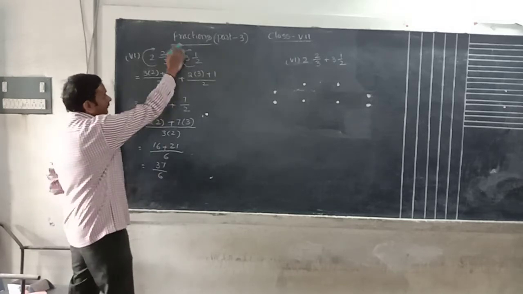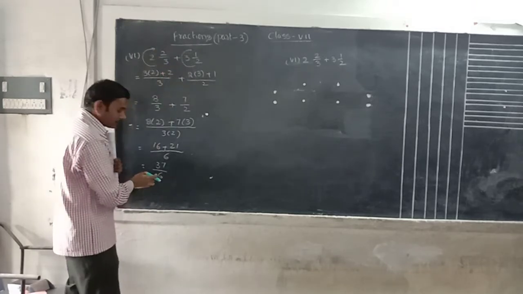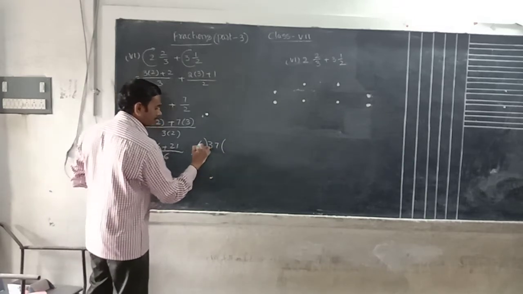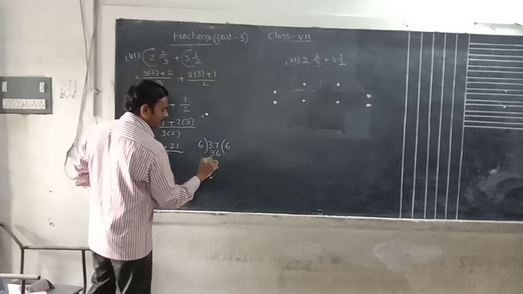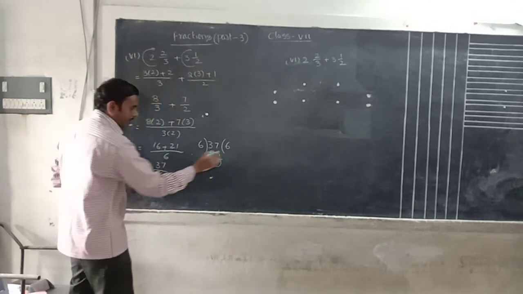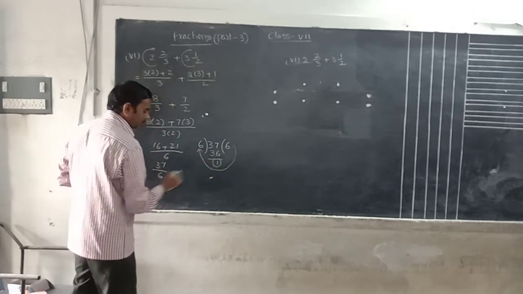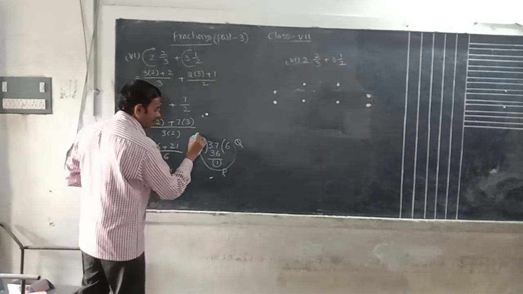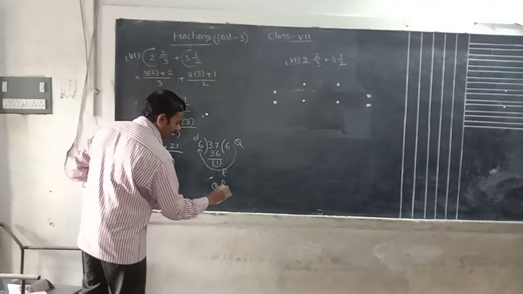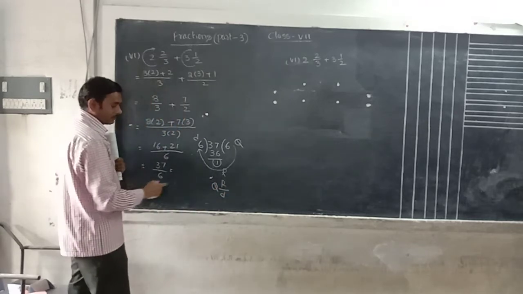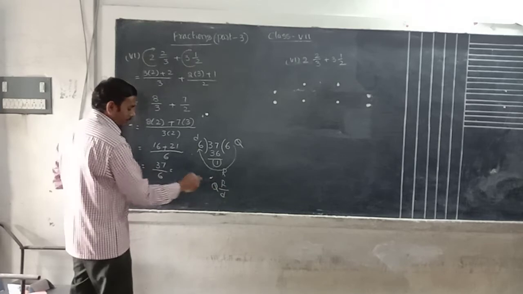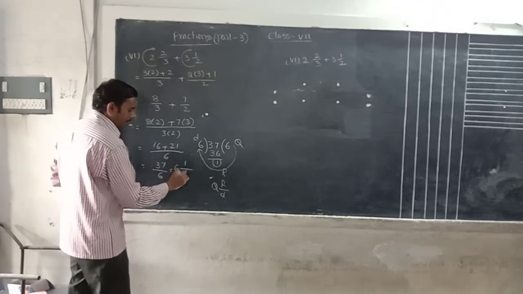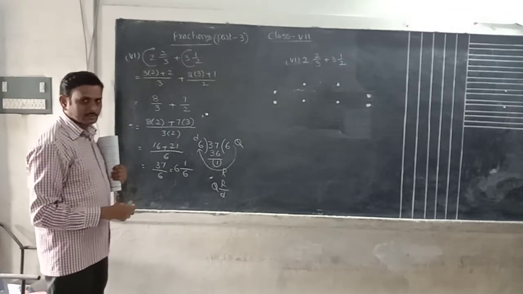But here both mixed fractions are given, so convert this also into a mixed fraction. 37 divided by 6. 6 6s are 36, remainder 1. What we can write here as a mixed fraction is like this. That means quotient, remainder, divided: QR by D, like this form. Quotient how much is 6? Draw a line. Remainder how much is 1? Divided by 6. That is the mixed fraction for the answer.